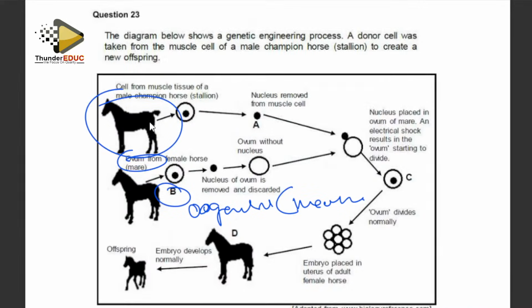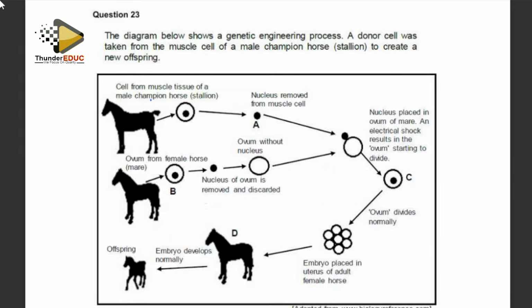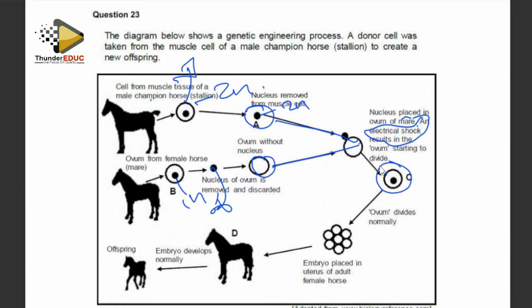Anything which is produced from the body apart from the ovum is going to be 2n, and the ovum is going to be 1n. So this one is going to be 2n, and now the nucleus is thrown away. Here the casing is thrown away so that we remain with the nucleus, and here we remain with the casing. After that, we combine the two using a mild electric shock, and you form something like a zygote. It's not a zygote, but something like a zygote.